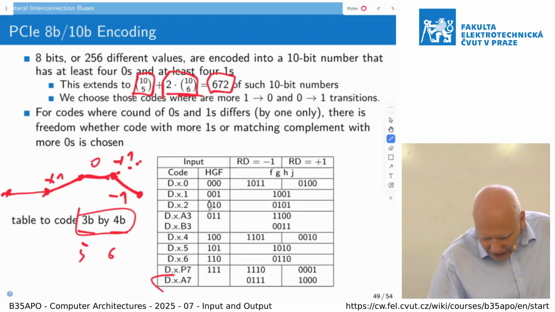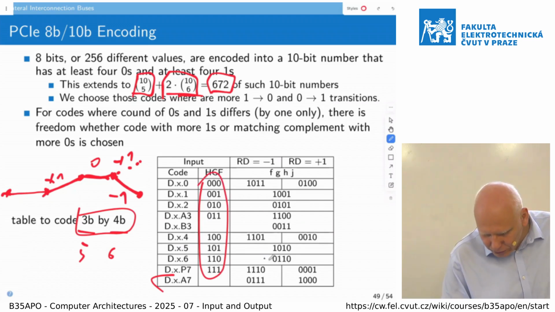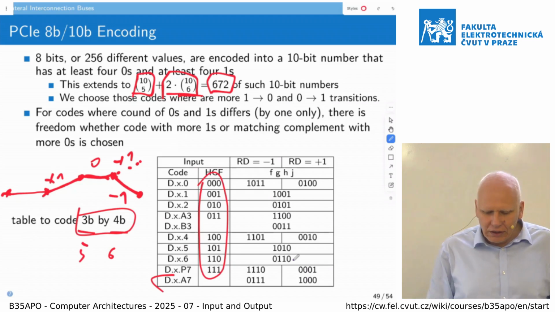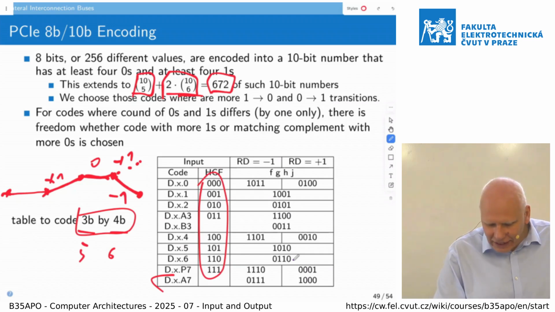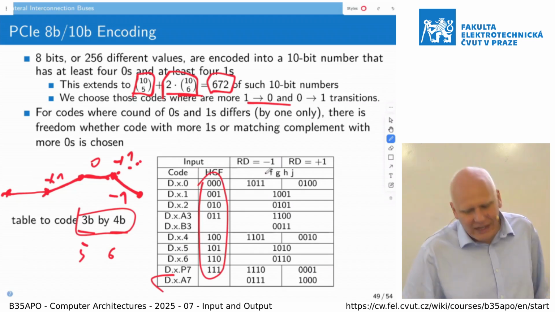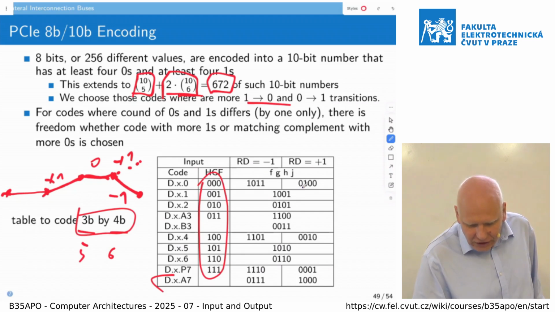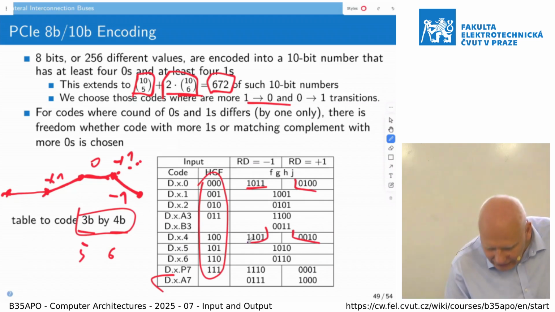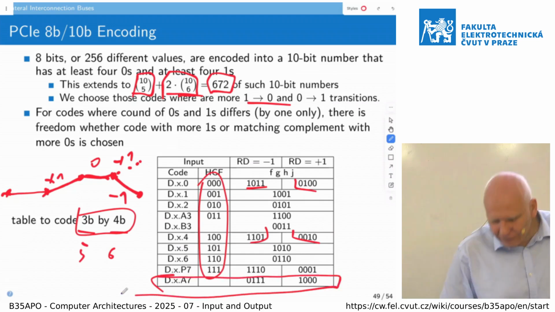So basically, those are those 8 combinations which we use as the data. And for those which have the same number of ones and zeros, we use these codes. And we use those codes which have more transitions between ones and zeros to ensure good synchronization. And for those where we have to use a combination which differs in the number of ones and zeros, we have each time the option to select the one which lowers the integral difference. And then this A group is this one for the control